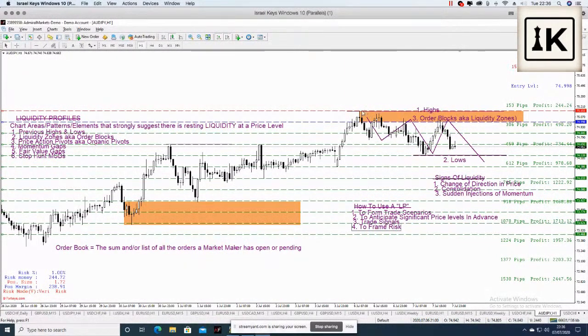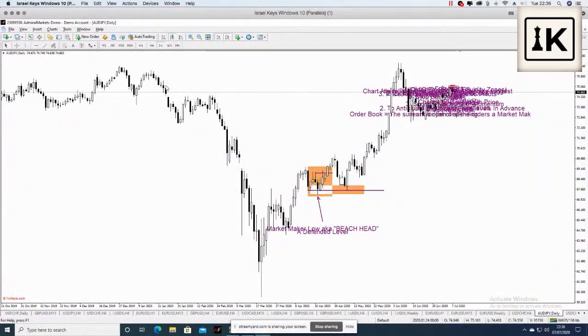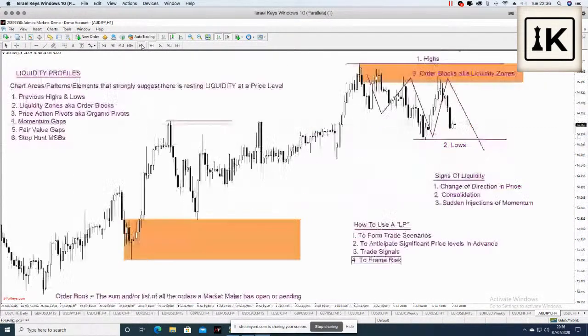Once it goes there, now sometimes it will spike and come back down, in which case it was a stop hunt. But that's just the way it is. In which case, then you might want to draw out your order block from the level in the past. Whatever it is, you use it to frame your risk. In essence, where to put your stop loss and how to calculate whether or not to enter the trade based on your money management. Is it 4-1? Is it 5-1? Is it 6-1? So to frame your risk,